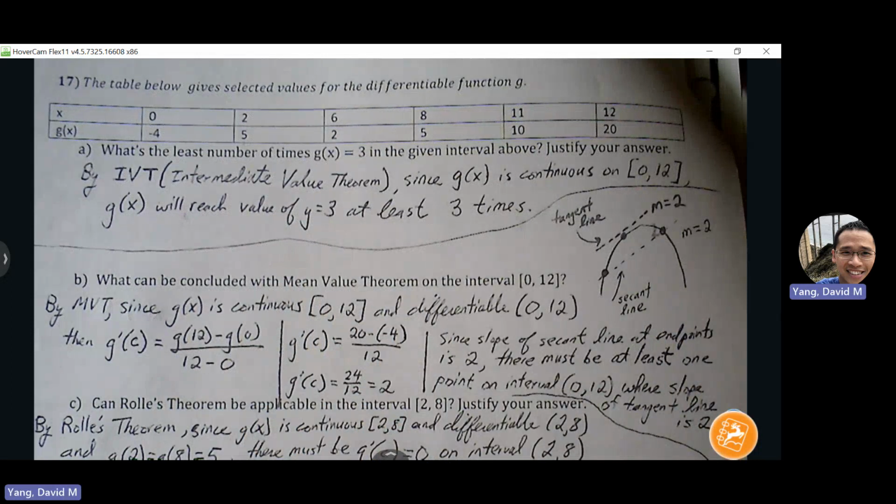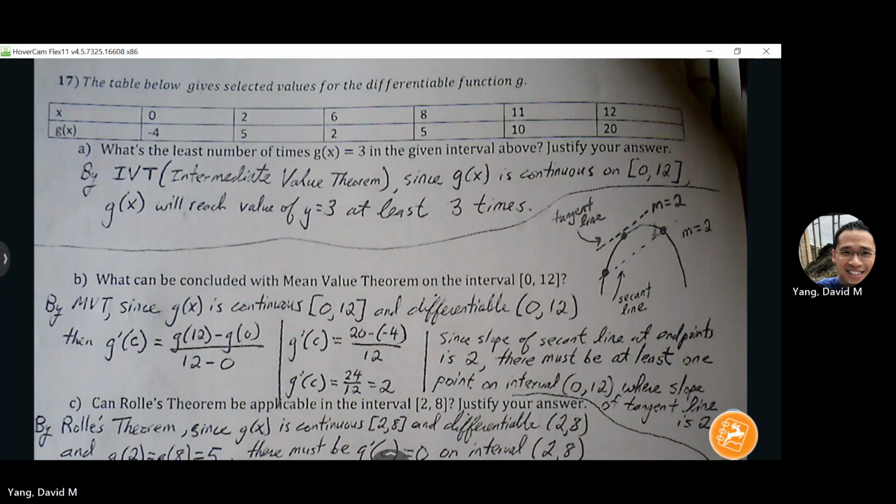Sometimes though, you are asked to justify it. Let's say they ask, how do you know, or what can you say to guarantee that the graph is going to cross through y equals 3 at least once? And so we can say,